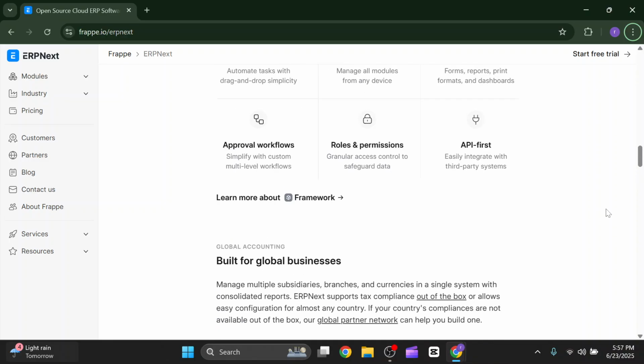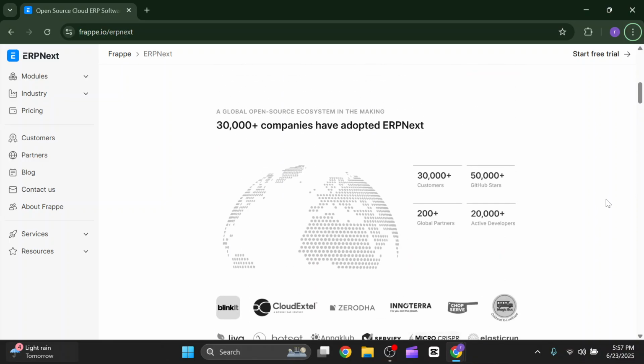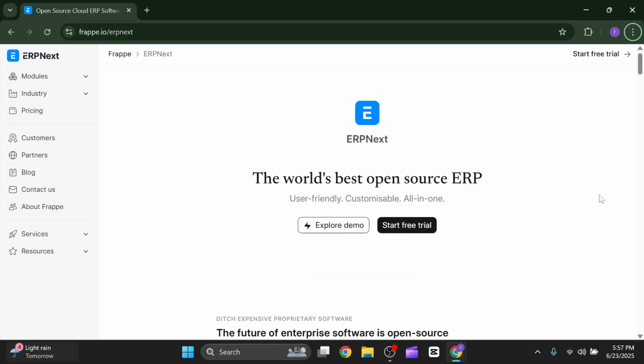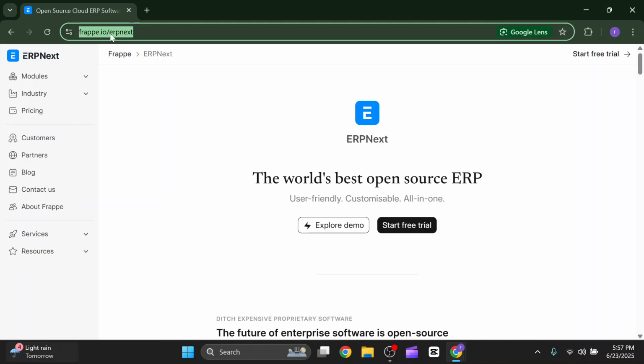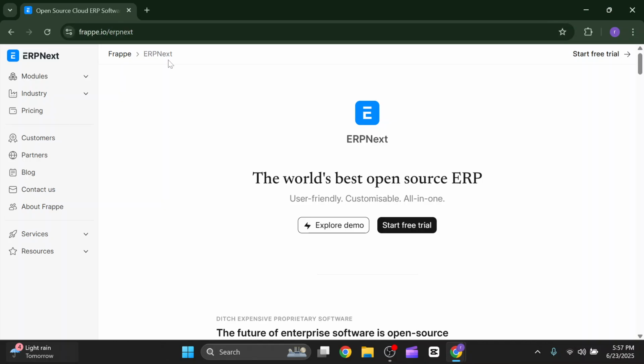So let's just know how to use ERPNext POS demo. So first of all, you have to come to the official website of ERPNext, as you can see, frappe.io/ERPNext. So after coming here, you have to use demo credentials, autofilled or public test login, and on the dashboard, you have to click point of sale. Click on point of sale